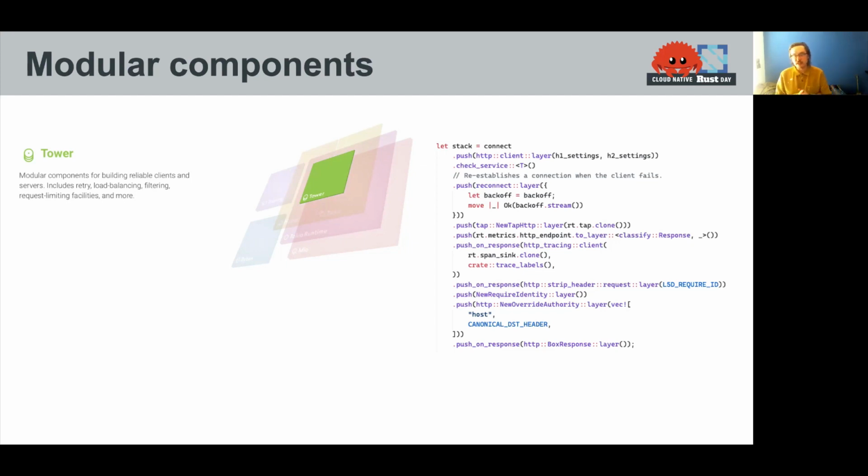So here's an example from the Linkerd proxy. This is an HTTP client. For every endpoint we're talking to, we build one of these services. And this has an HTTP client. It has a reconnect layer. It lets us do Linkerd's tap feature and adds metrics. All of these features are orthogonal. They have no dependencies on each other, really. And so I can write all of these separate modules that are easily tested or easily shared and reused without having to couple them together.